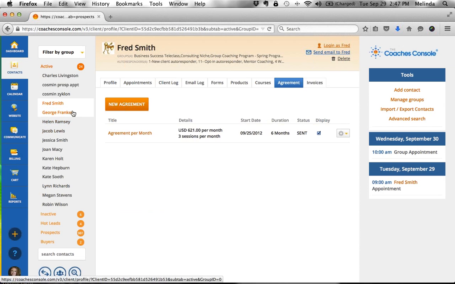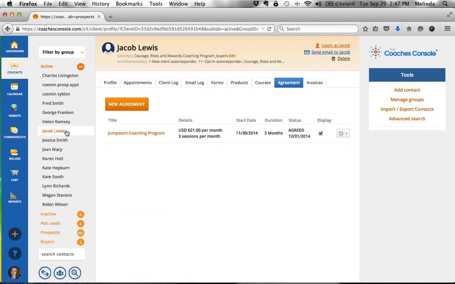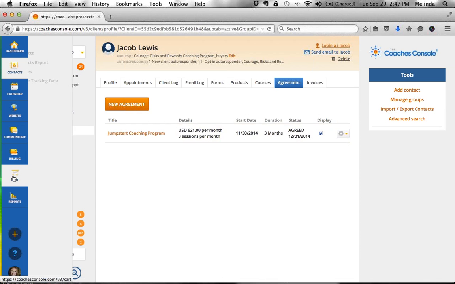Okay. And you can do that for each of your clients. You can go through and see all the clients, what their coaching agreement is, when it was, what the status is, and so on and so forth. So you want to check your agreements with your clients, make sure they're current, and up-level them if you need to. And then under the shopping cart, the other thing that you want to put your eyes on are your